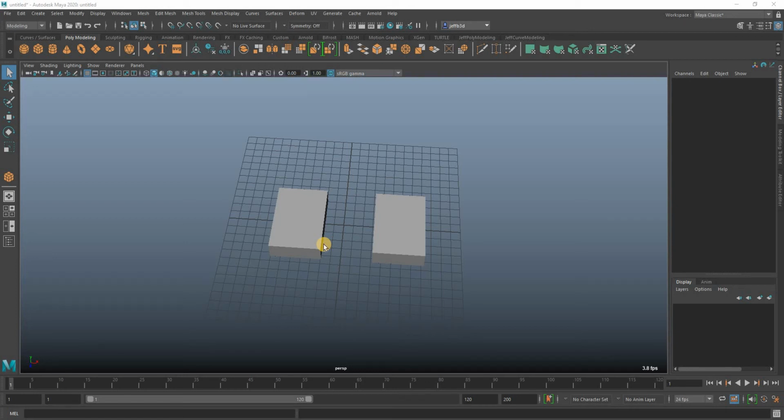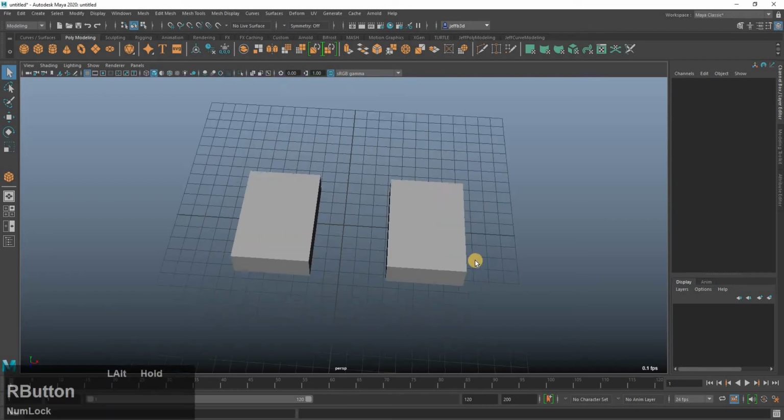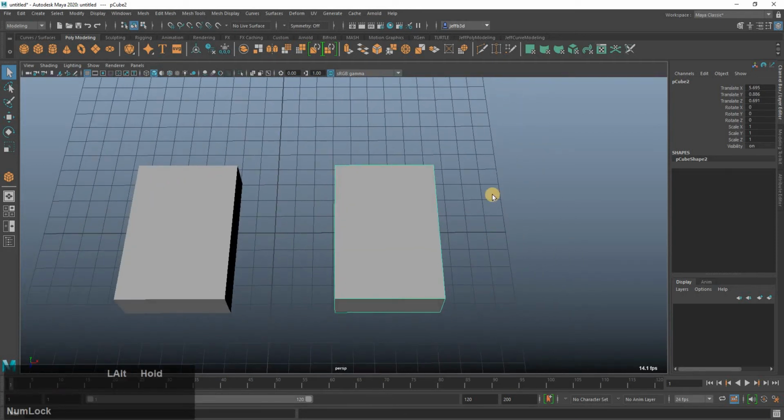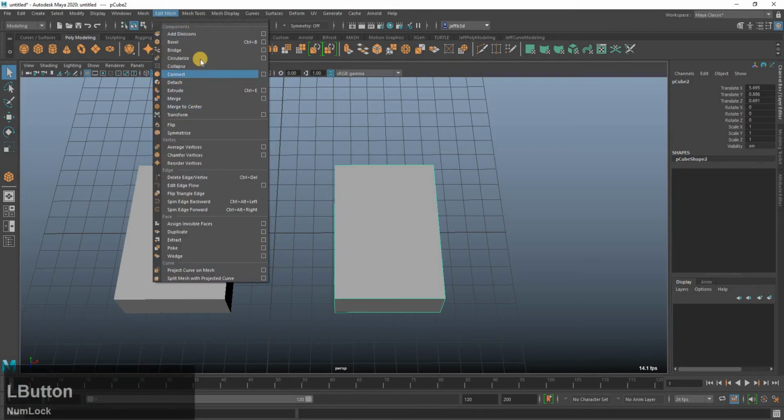In this tutorial, we're going to look at making holes. So let's say I want to cut a hole on the top of both of these objects. I'm going to show you two methods. I'm sure there probably is more, but I'll show you two methods that I use. The first one utilizes the multi-cut and under Edit Mesh, this